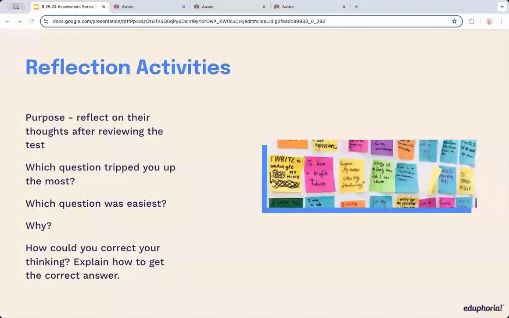The other part is capturing those reflections. Again, there are a number of ways to do that. A strategy that gets employed well, that I've seen work, is reflection journals. They keep a project journal or some kind of work log to reflect on their learning. They can answer reflection prompts like, what new content did I learn today? How did my effort contribute to my success?